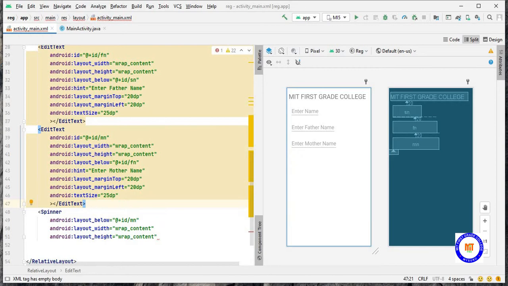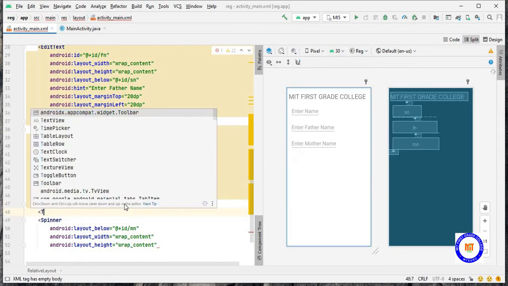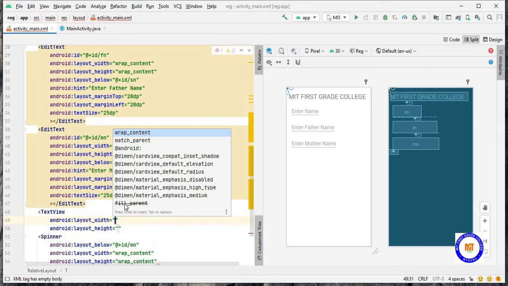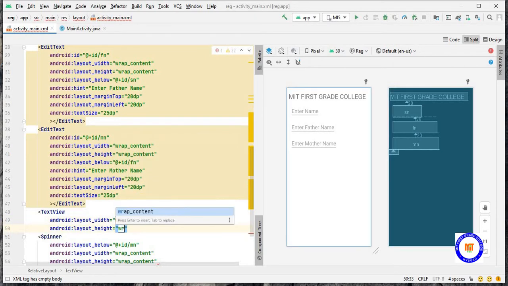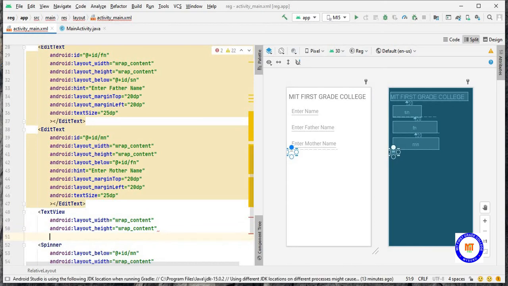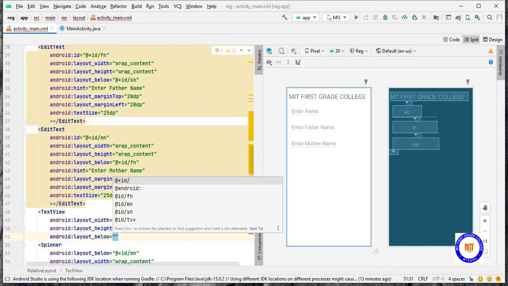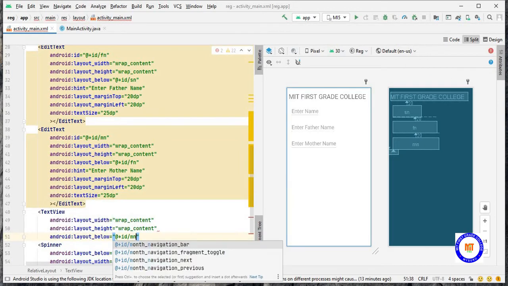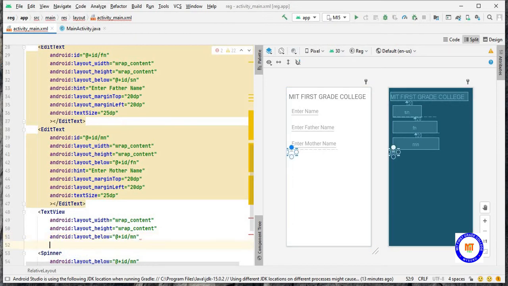Before that, I'll take a text view to show that it is a courses offered, that is in the spinner. Wrap content. Then this has to align below the mother name. So I'll give the layout below as MN. I'll close this text view.